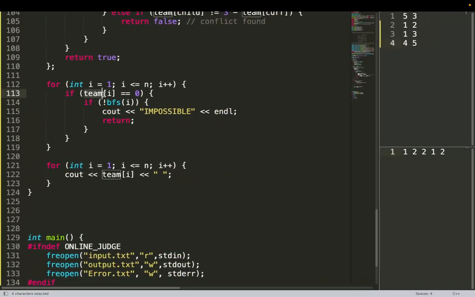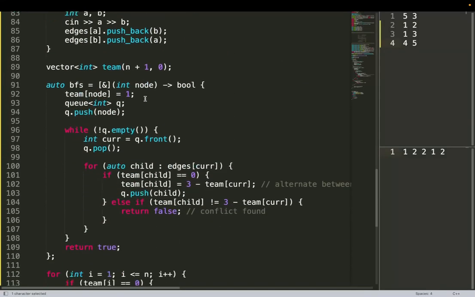So if for a particular node the team is not assigned yet, I will do a BFS traversal from that node. This BFS function I have kept as bool. This bool is basically for when I am not able to divide the groups for that particular component, I simply return false. Let's see the BFS function.